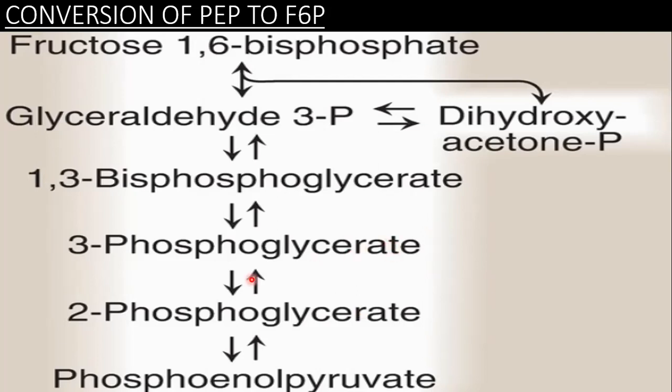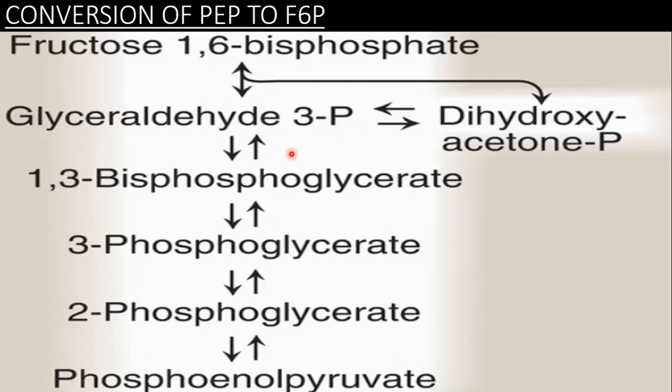Then 2-phosphoglycerate is converted to 3-phosphoglycerate by the phosphoglycerate mutase. Then 3-phosphoglycerate is converted to 1,3-bisphosphoglycerate by the phosphoglycerate kinase. This is the kinase which is the reversible one. Then 1,3-bisphosphoglycerate is converted to glyceraldehyde 3-phosphate by the